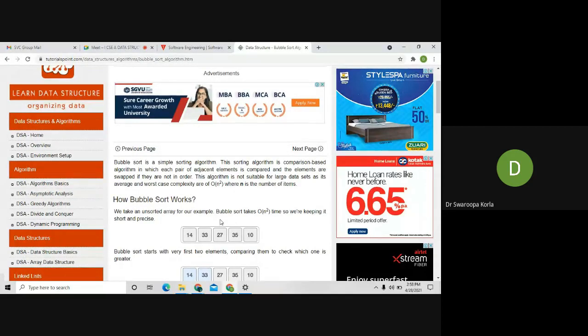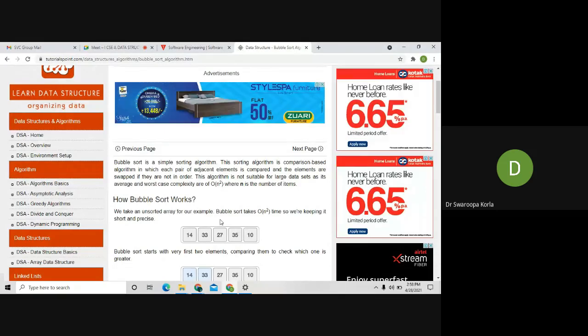We compare each element with the other one. If it is a lesser value, we swap. In this way, all the elements get swapped. In whatever order we receive the list, in the same order every element is compared with the other elements, and if there is a lesser value in the list ahead, we simply swap the elements.